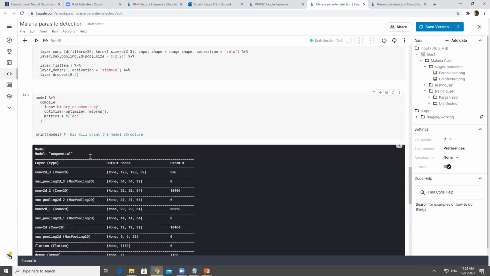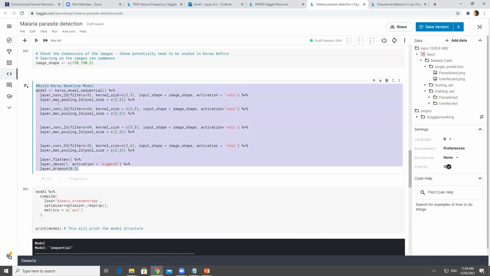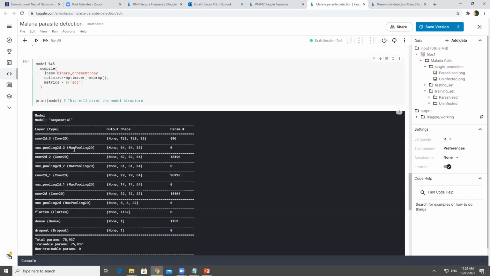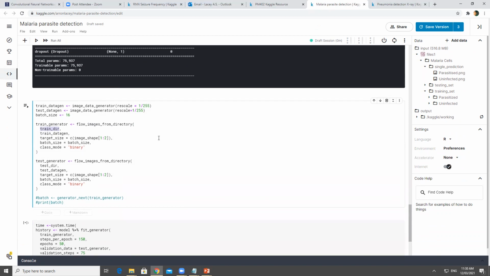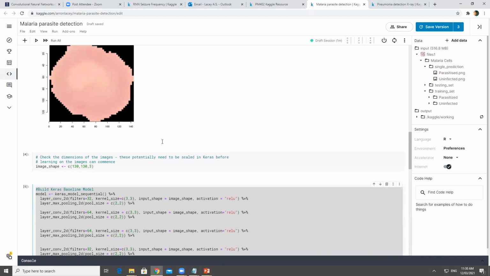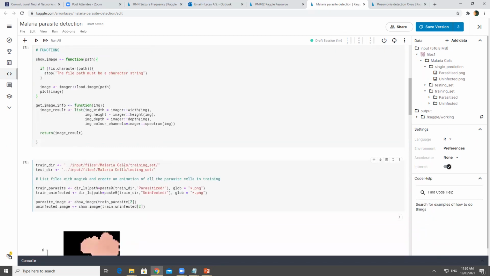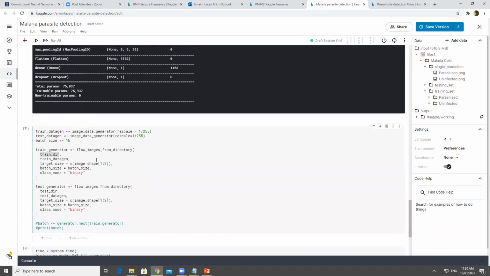A lot of this code you'll see in any notebook in Kaggle. People just copy these all the time, and this is true for this cell here as well. Keras has a nice function called flow images from directory. All you do is define your training directory, which is, where did I define it? Here. Just copy the file path and put it in. It reads in all the files from the directory for you. You can set things like